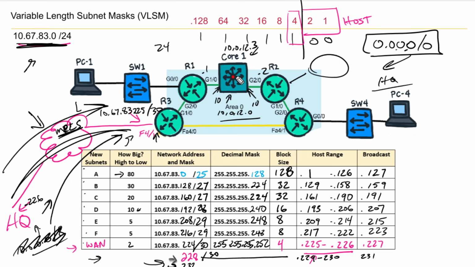On the other hand, if we chose to make this interface here on core 1 a layer 3 interface, the physical interface, and we chose to make this interface here a layer 3 interface, then we would have network X and network Y, because they would be 2 logically separate networks if these were layer 3 interfaces. The other option is also,